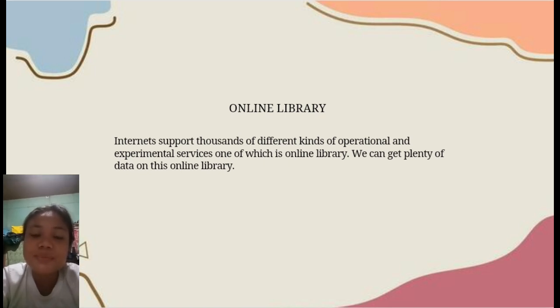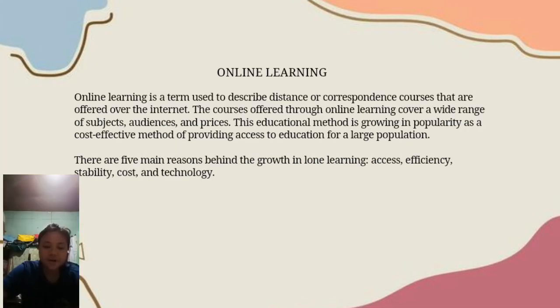So online libraries provide a vast amount of information and resources, and online libraries host various content such as books, research articles, and other educational materials, making it easier for users to find data for study or for research purposes. There are two types of online access. We have the open and restricted.